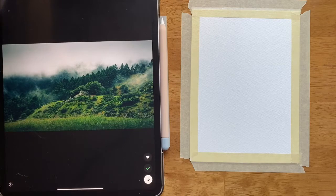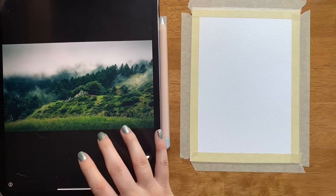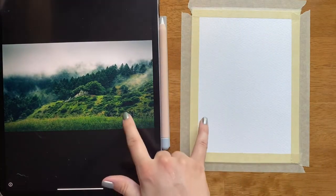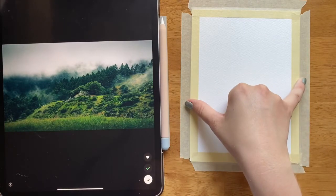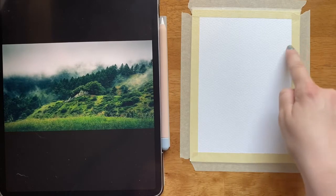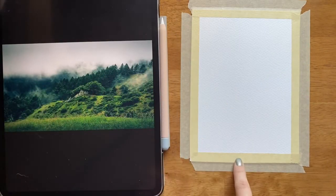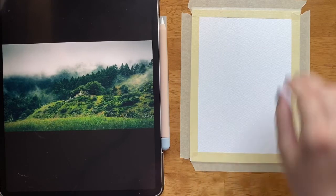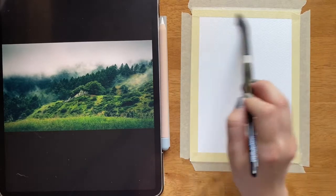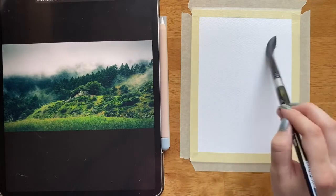Next up, we're going to paint this moody, misty forest. This time, instead of using the same orientation of the paper as the reference photo, I switched it up so that I'm doing more of a vertical orientation here. So only part of the shot's going to be here, but it's still going to be fun. So first things first, we're going to get the first part of our paper wet,